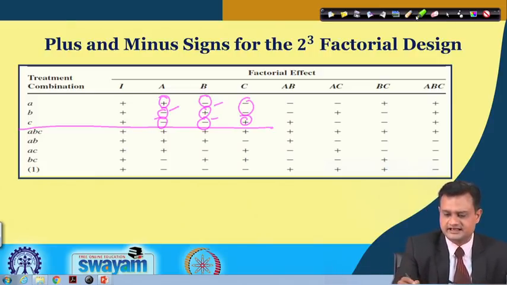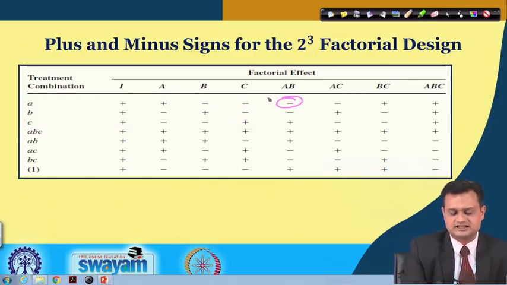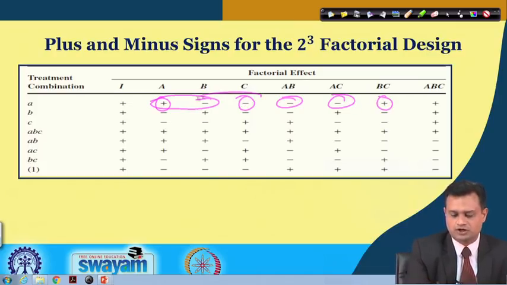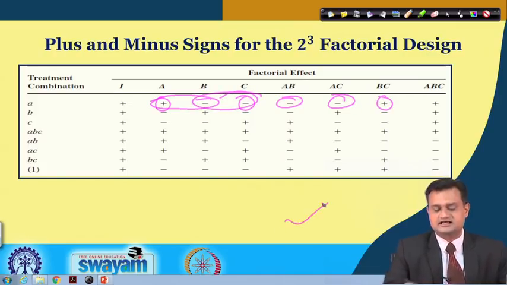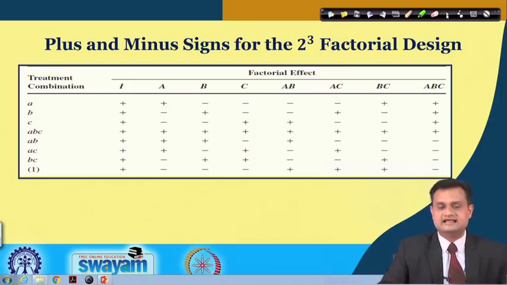Now you can see here that I have AB. So this is nothing but the multiplication of plus and minus. So this is AB, AC. So this A plus, minus, this is minus, BC, both are minus, this is plus, and this is how you construct this particular table. So this table basically is about the strategy in what way I will conduct the experimentation,